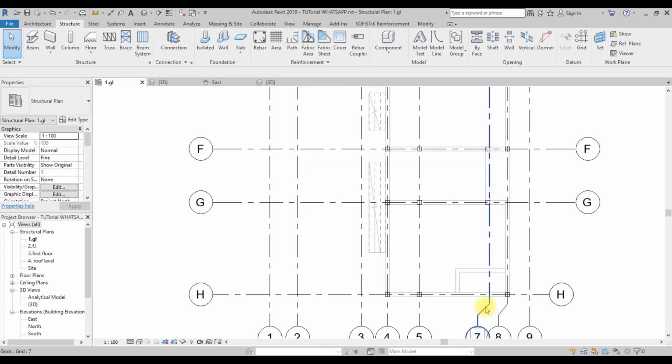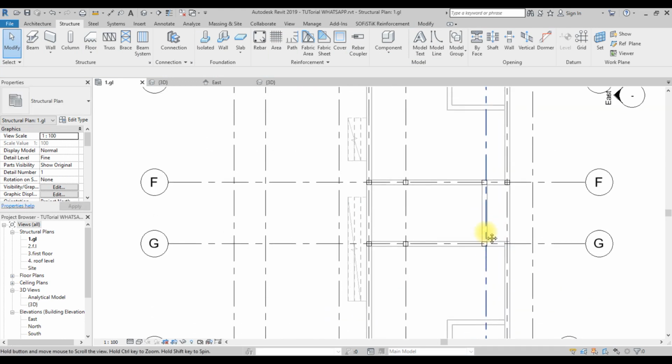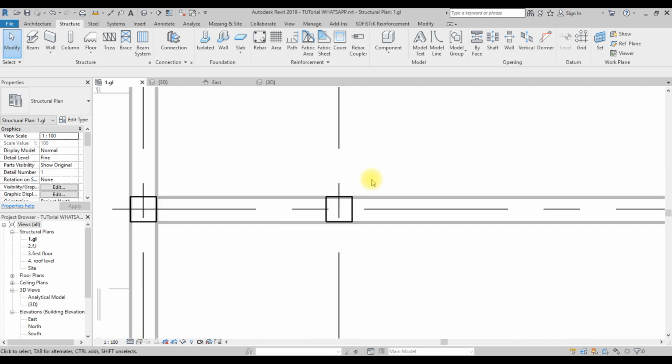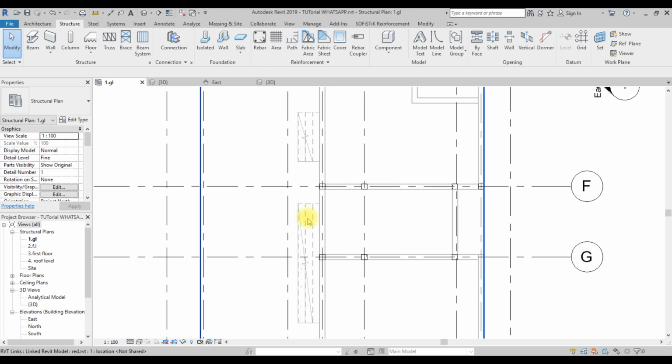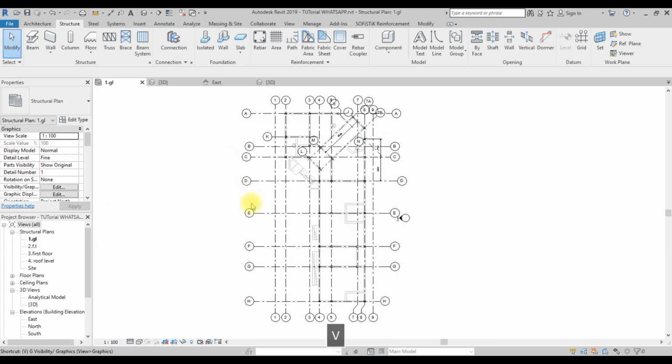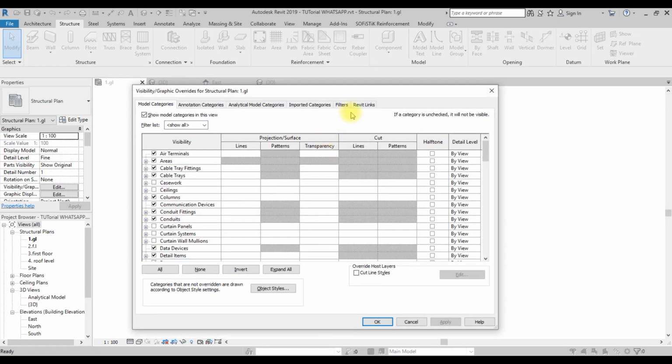So these are my columns here. I have a column here. If you can't see your own, you just come down here and put it on quartz or put it on wireframe. If it's not showing on quartz, you can try fine. Depends. This is it. And if you have your drawing disturbing you, just go to your VG. Press VG on your keyboard, Revit things.